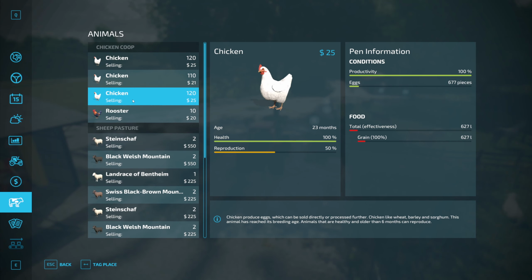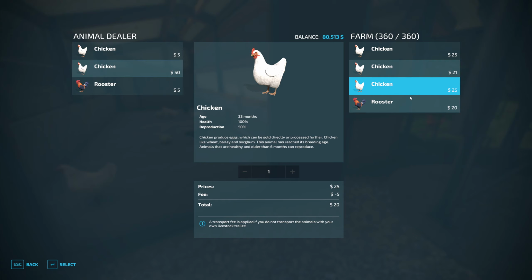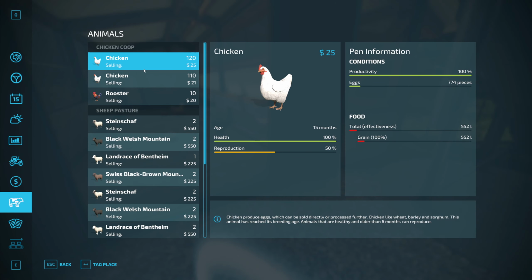And then the chickens, I'm actually going to sell another batch of 120, as this batch of 120 is at 50% reproduction, so when I sell this 120 we should get another 120 born. 2 lots at $25, one is 15 months and one is 23 months, so I'm going to sell the older out of the set. So yeah, we're now down to